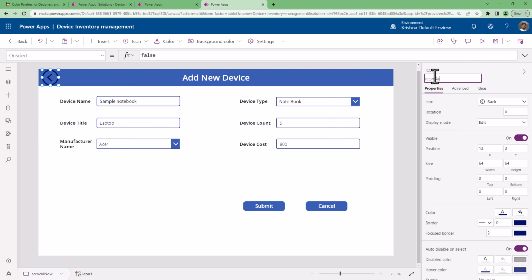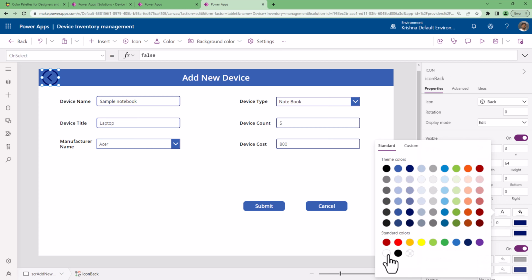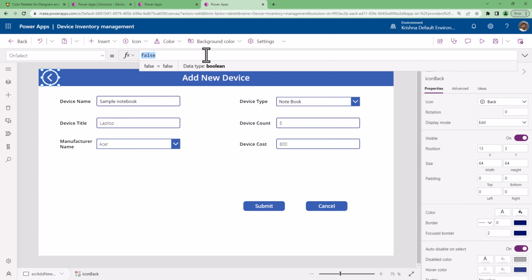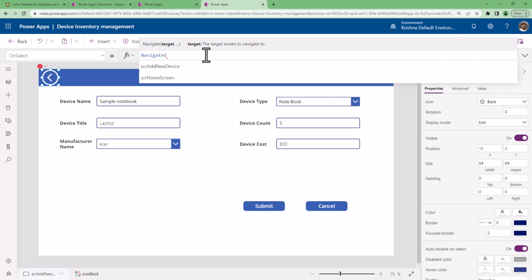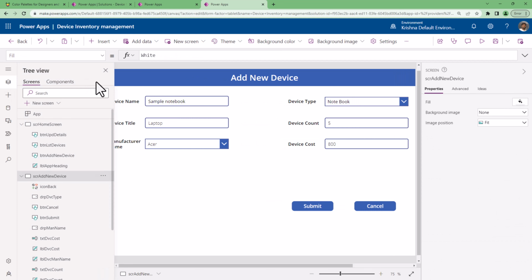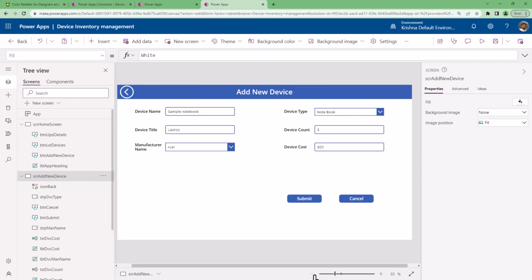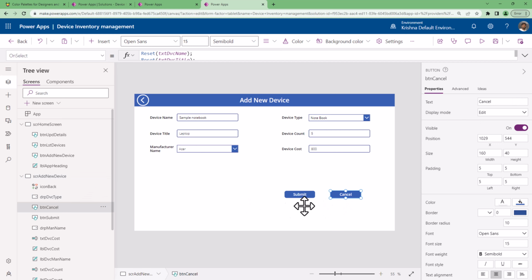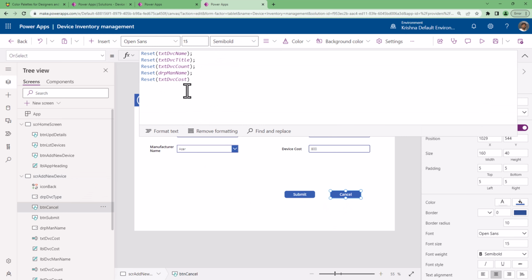Again, the back icon color is white, and on select, navigate to the SCR home screen. Now, before I come onto this screen, once I click on this screen, I want to ensure that all my controls are reset to blank. How could I do that? Either you write all these statements again there, or